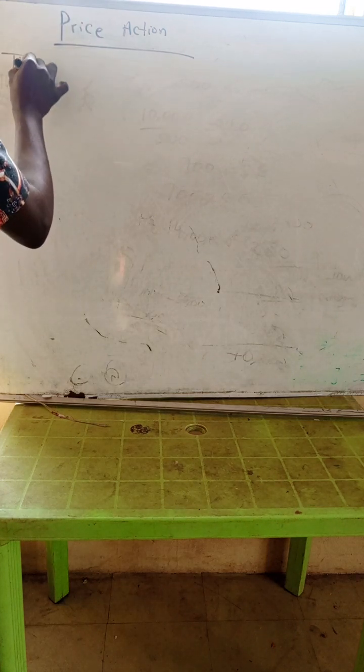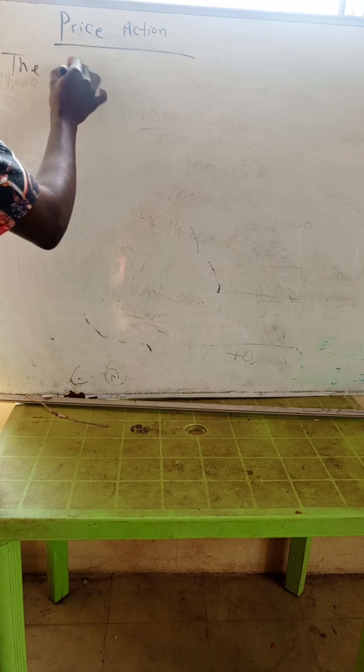Price action is simply the movement of price in the market based on the reflections of the mindset of the traders in the market, the people who drive the market. So price tends to react to the minds of traders in the market. Do you understand? Then under this price action, our subheading is what they call the candlestick anatomy.